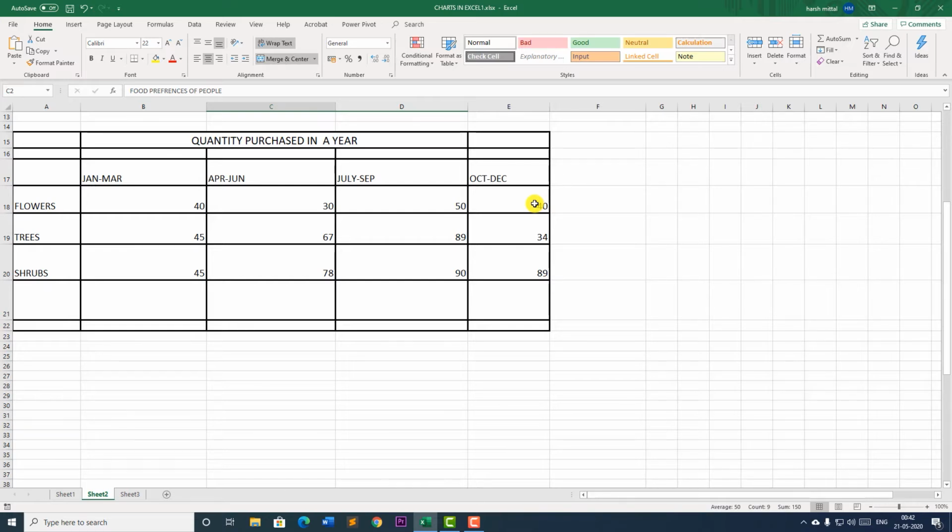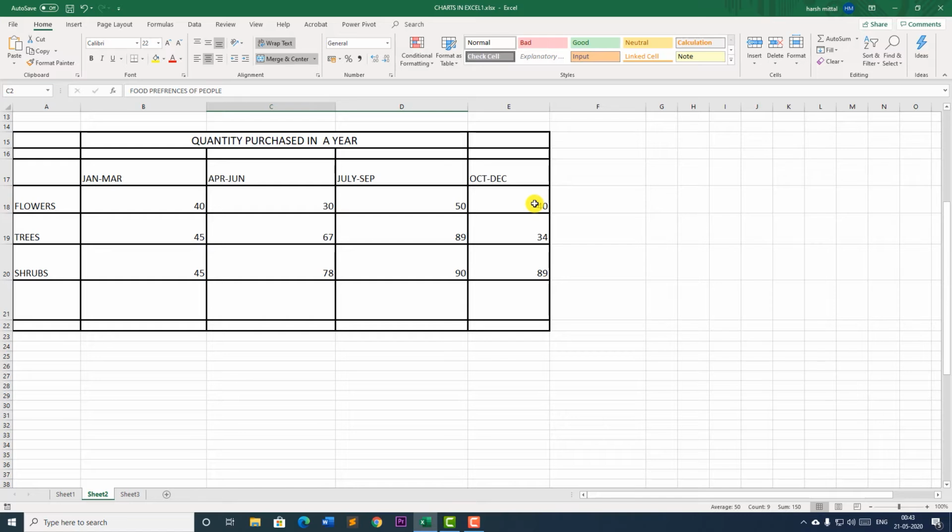That means when there is a comparison, here also there is a comparison, but only one thing is getting compared, that is flowers only are getting compared throughout the year in a duration of 3 months. So in this case we make use of a pie chart. Why? Because there is 1 year, that is there is one whole thing of which we need to compare, that January to March how much, April to June how much, July to September how much, and October to December how much.